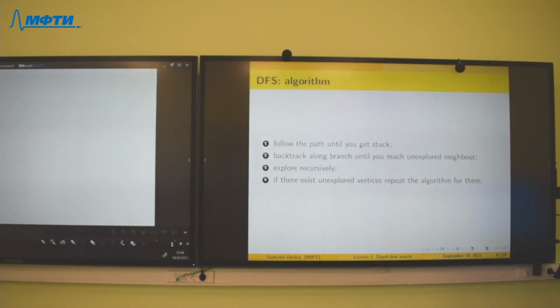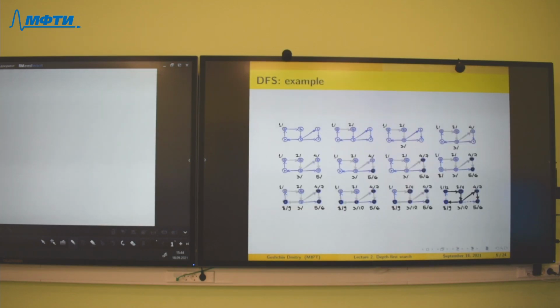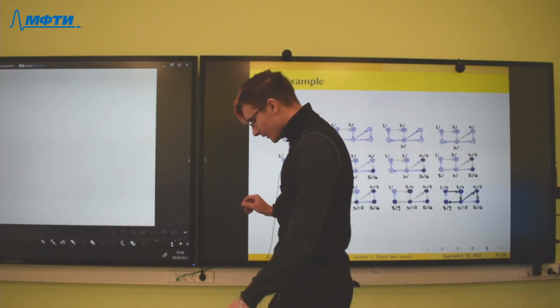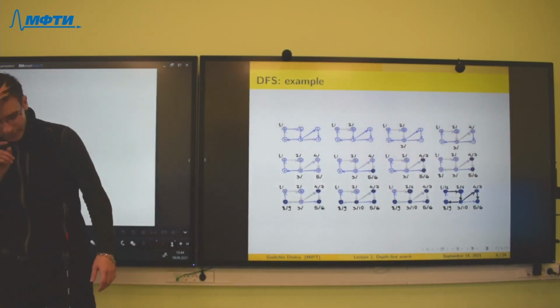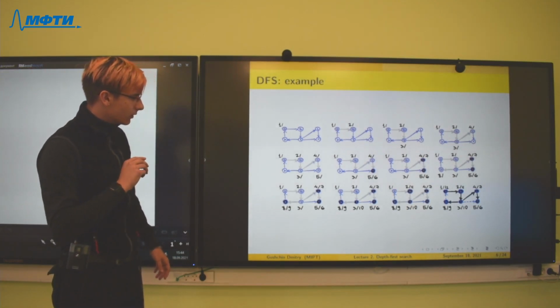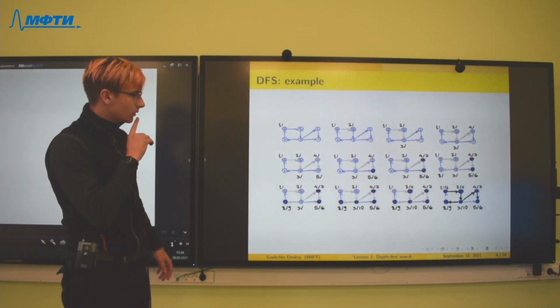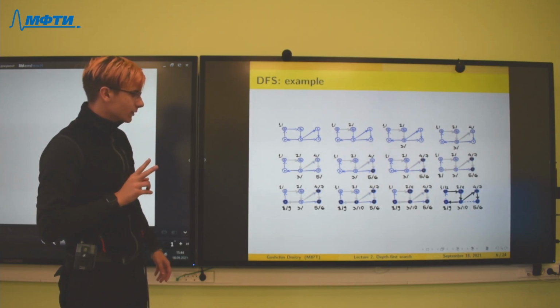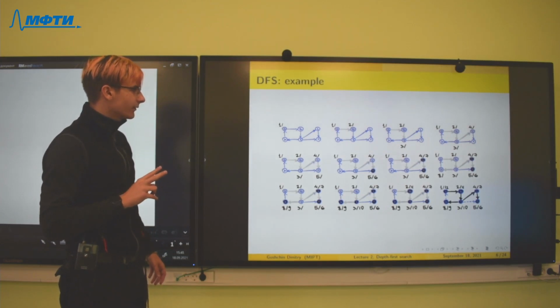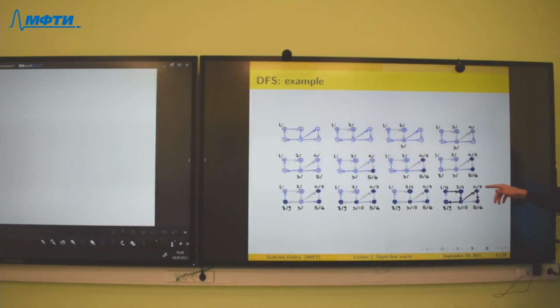So, about implementation. Go to the example. There are colorings and 2 important numbers that we assign to each vertex at the end of the algorithm.